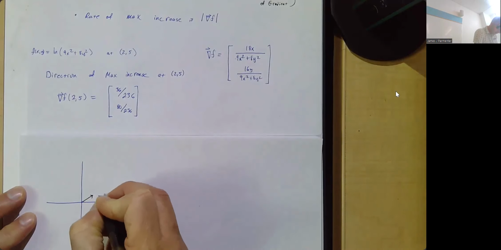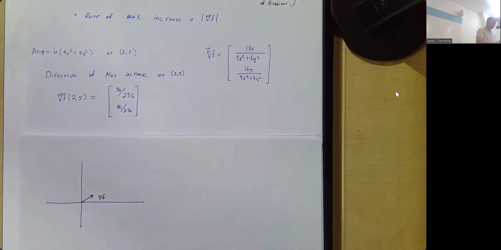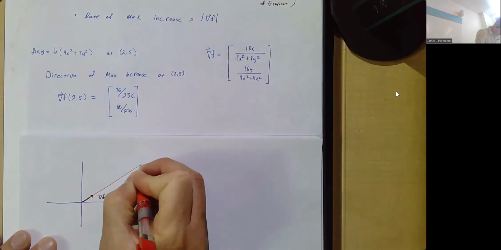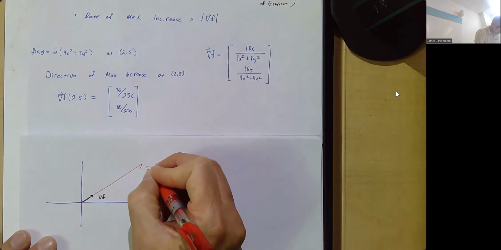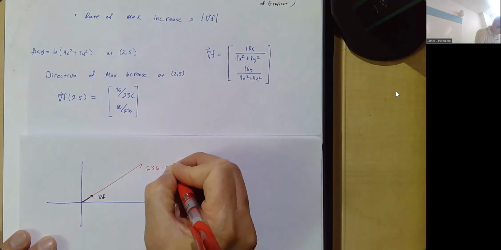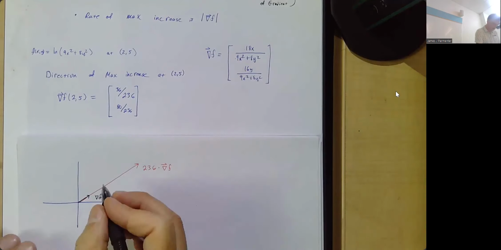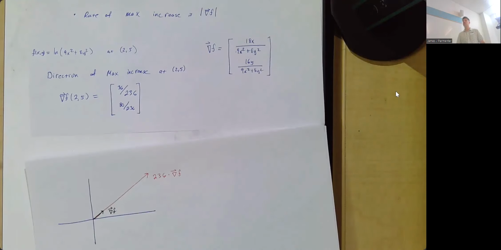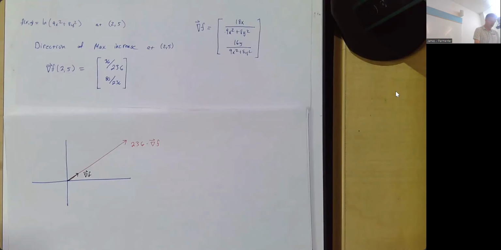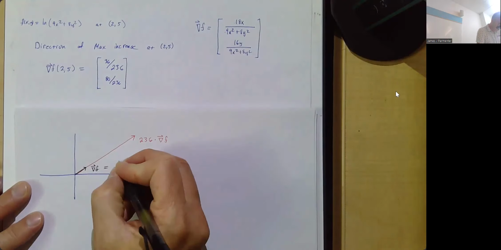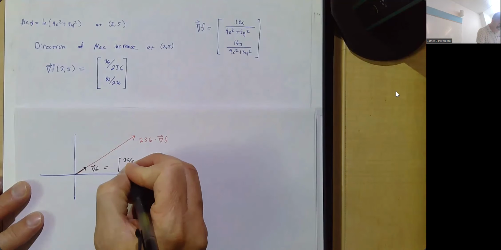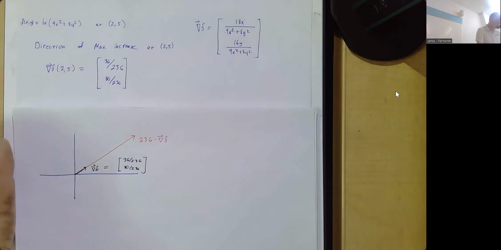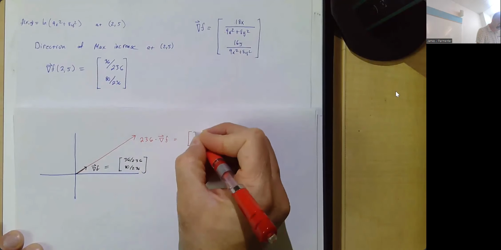There's my gradient of f. And here I'm going to draw next, not to scale, 236 times the gradient of f. And you know what's notable about both those vectors? They point in the same direction. So whether I'm going to normalize the gradient of f or whether I'm going to normalize 236 times it,